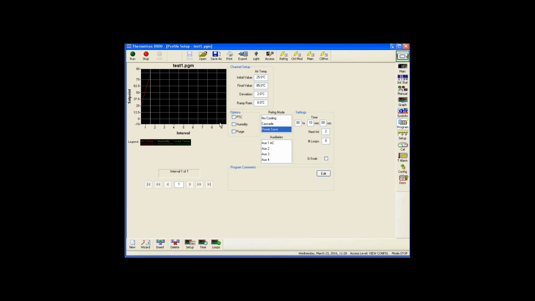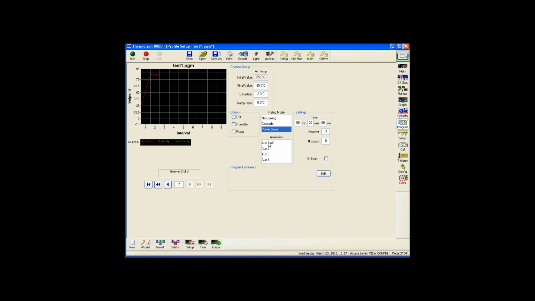The one other thing I wanted to mention that somebody had asked about is how would you cycle a product on and off during a test? Is there an automatic way to do that? And the answer is no, there really isn't a function in here that would allow you to say ramp to a certain temperature and start cycling a product on and off at a half a hertz or something like that. So the way you would do that in a program if you wanted was go to the temperature you desire,